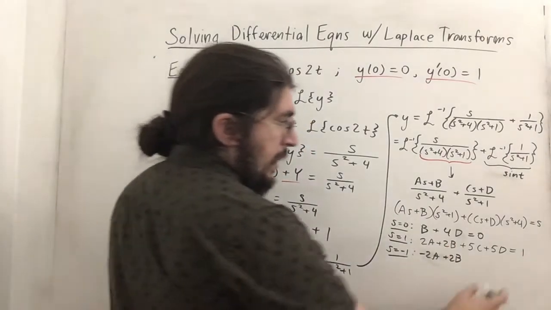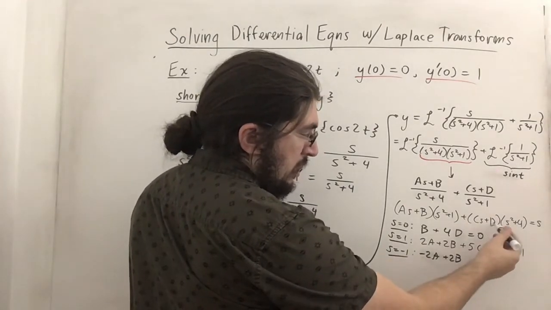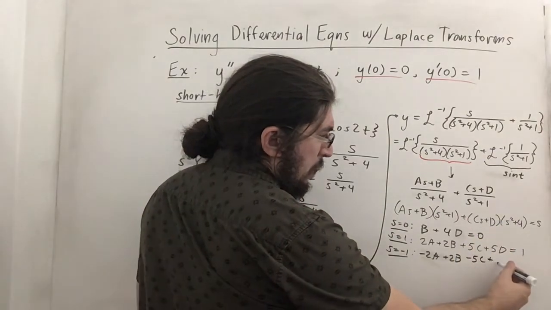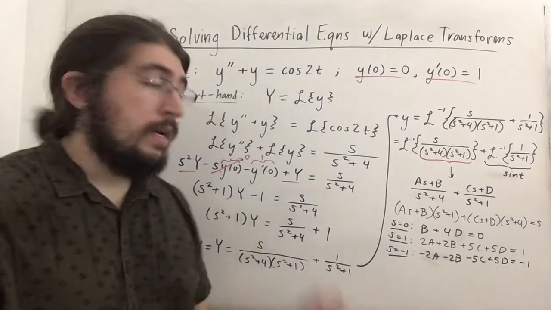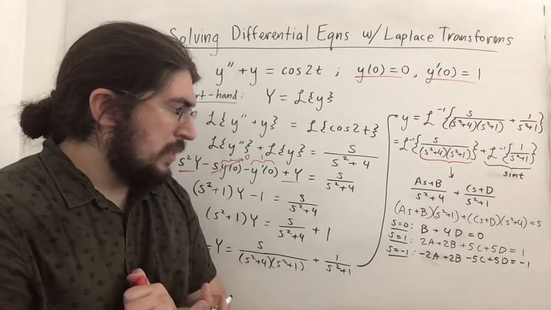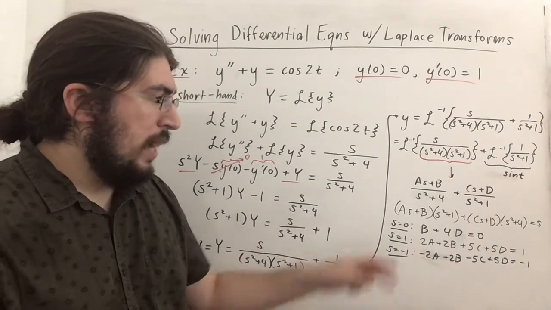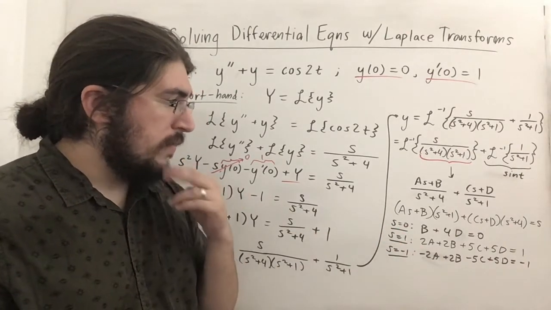And here we get a similar thing, but again, negative 1 squared is positive 1, plus 4 is 5. Distribute that into this, that's going to be negative c. So we get negative 5c plus 5d equals negative 1, because s is negative 1. Now so far we need one more equation, I think, and we'll be good to go, because we need 4 equations with 4 unknowns. Now what's nice here, if you add these, you'll see that the a's and c's cancel right away, and you'll get another equation involving